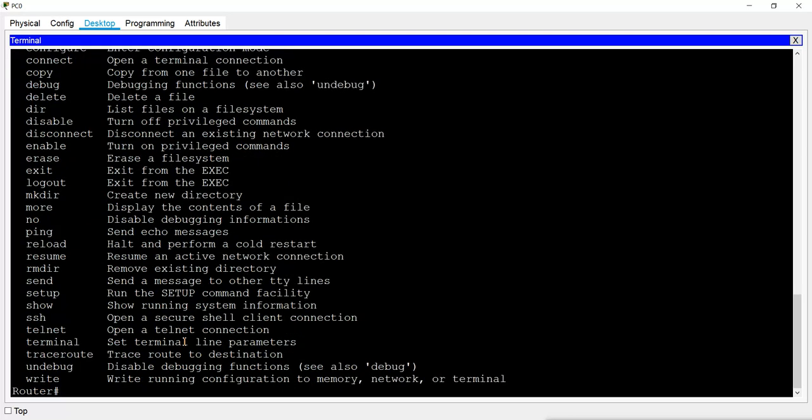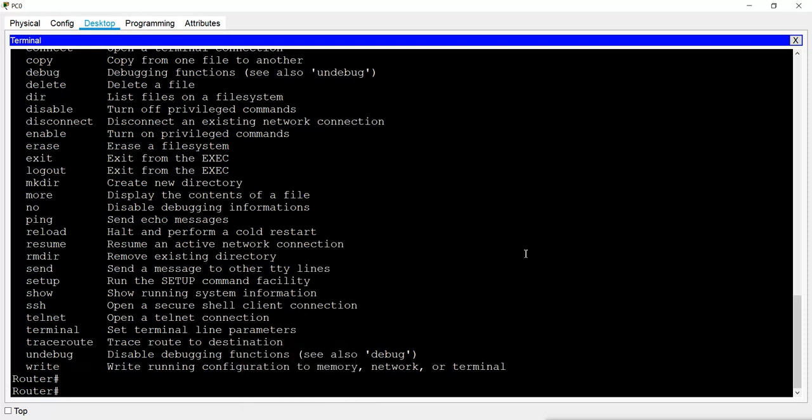Still it is not showing all the commands. In a real router, if you run this, you will see lots more commands, because in a real router you can do everything, all the levels like CCNA, CCNP, CCIE also. But here in this Packet Tracer you can run only the commands available for the CCNA level. Now in this mode we will not be able to configure anything. For configuring anything we have to go to the configuration mode.